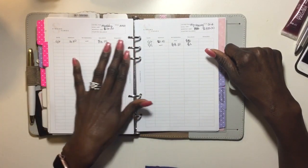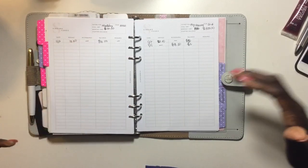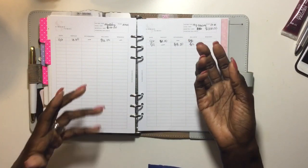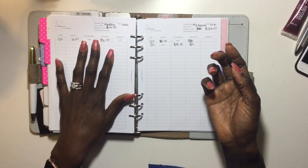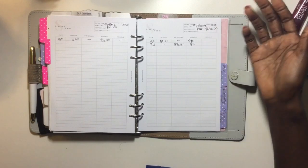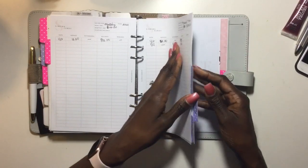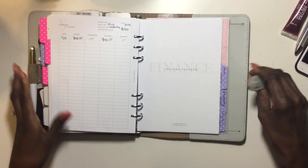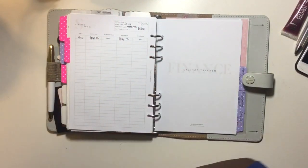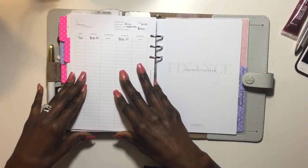My birthday, I'm just putting $10 to the side for my birthday. I am on a no-buy, but I figured I may want to do something for my birthday, like a cake or something, or buy myself something in particular. So we're just putting $10 to the side for that. That's in June. Since I am on a no-buy, I do need to also maintain myself. So I have an envelope for my necessities, like shampoo, stuff like that. And then Olivia's necessities, like diapers and stuff like that. It shouldn't be a hit if the baby needs diapers or new clothes or whatever. So those are